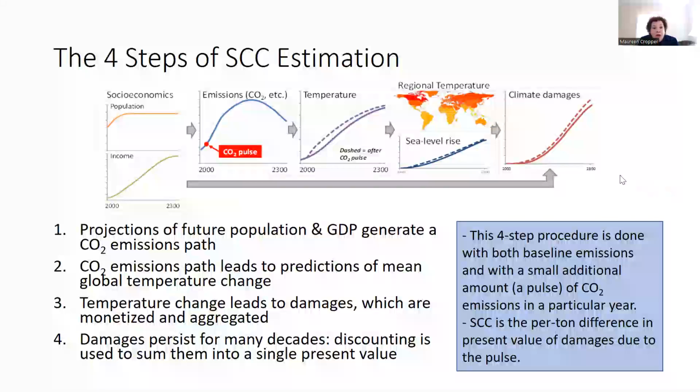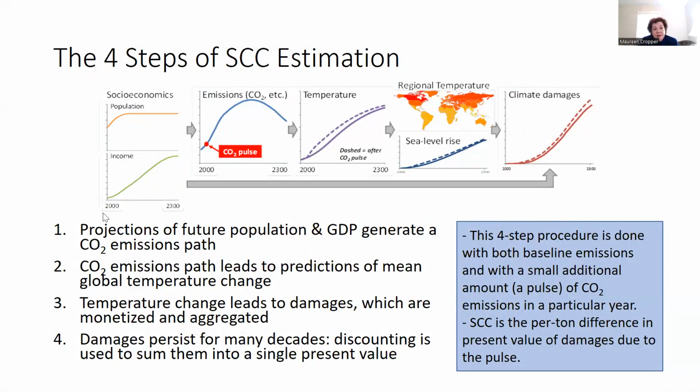Okay, so this is a short course in how to calculate the social cost of carbon. As I said a minute ago, the problem is that the ton emitted today will remain in the atmosphere, or at least part of it will remain for a long time. So calculations are usually done over a period of 300 years. We need to know what the world is going to look like over the next 300 years. Obviously, a very tall order.